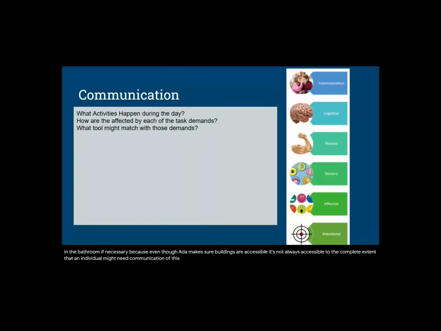Communication, this is kind of fun because it's one of the underlying task demands, but it's also one of the things that happens a lot during the day. So we know communication, we have to obviously be able to communicate, cognitively plan out our communication, be able to interact, go back and forth, physically be able to talk or carry any equipment that might help us with that. Sensory, hearing is very important to communication, as well as seeing, so you can read things that are written. The desire to communicate and being able to stay on topic, which sometimes I wish I had a little more